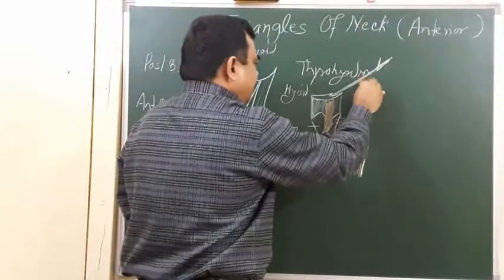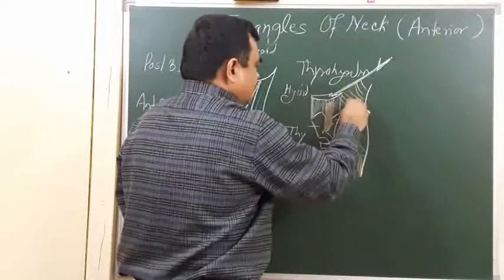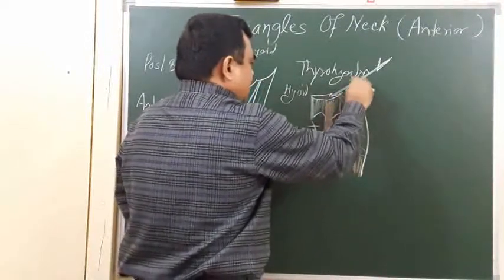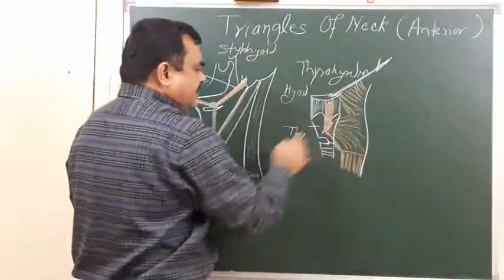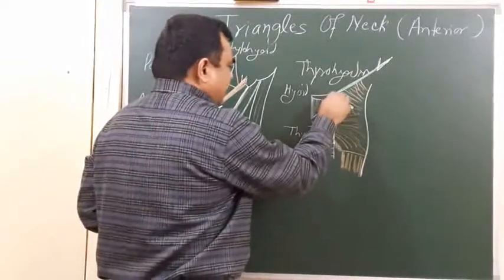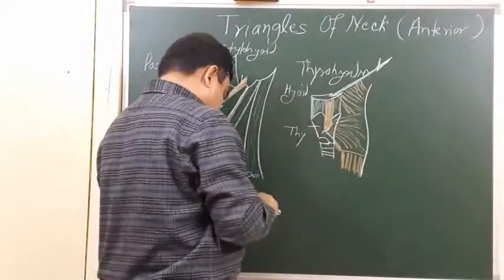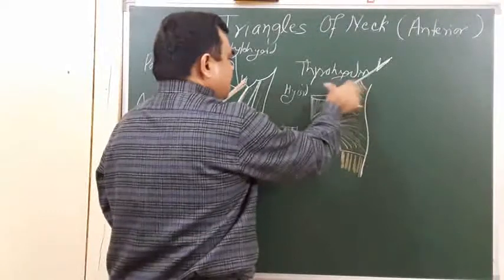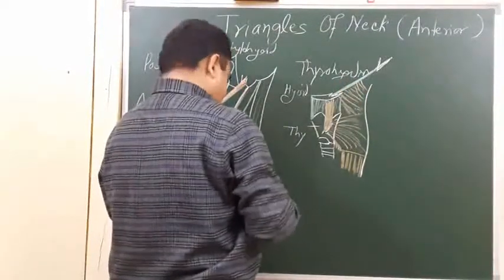And from here, this is the middle constrictor of the pharynx. This is the middle, and this is the inferior constrictor of the pharynx. And here is the position of the thyroid, and another muscle which attaches here, that is